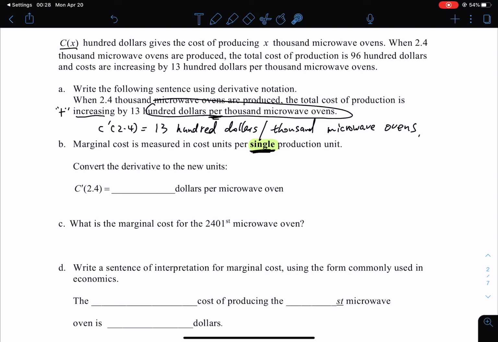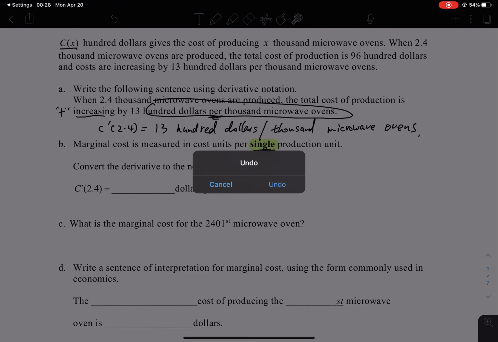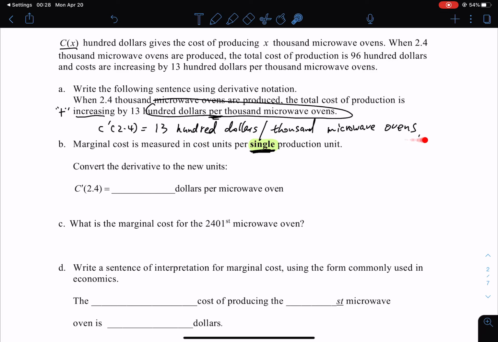C prime of 2.4. Actually, this is the same thing, but the difference is for this one, you have to convert the derivative to the new unit. And in question 1, the unit is $100 per 1,000 microwave ovens. The new unit is just dollars per microwave oven. So this is the old unit, which is $100 per thousand. Per just means divided by. Per thousand